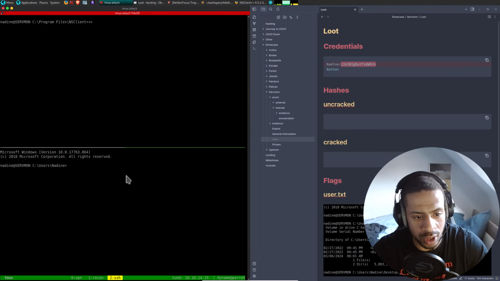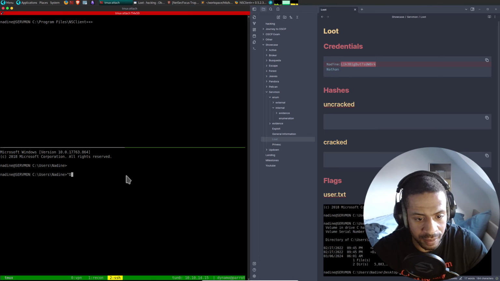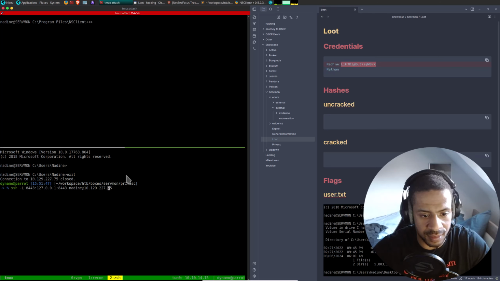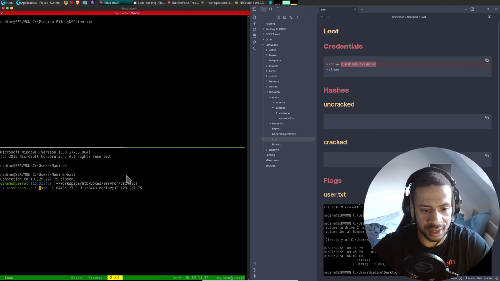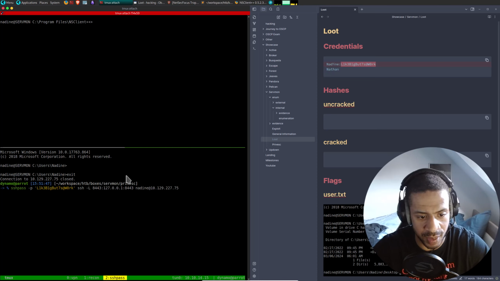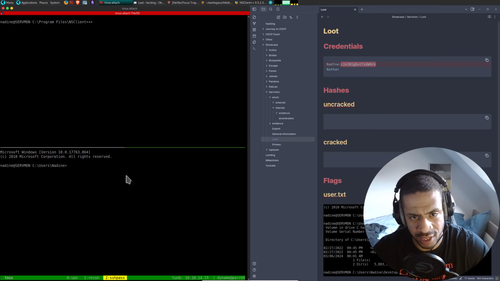There's two ways of doing a local port forward. There's this way, and there's another way I actually like better, which is this way, with sshpass -p like this. I don't know why, but this one works better.